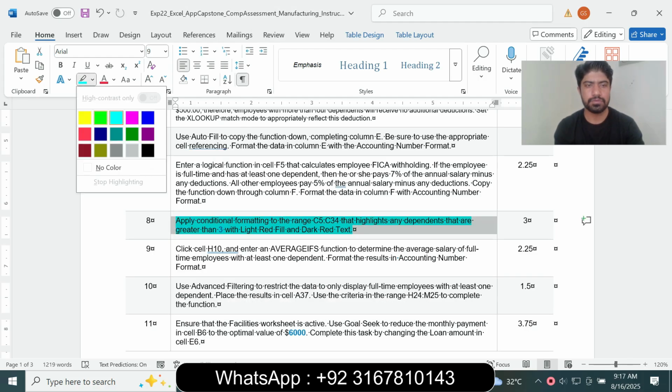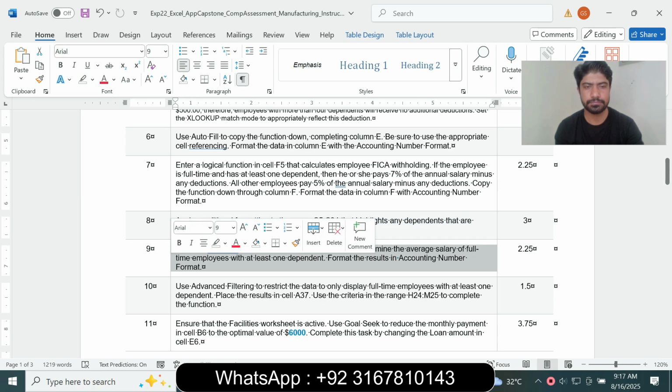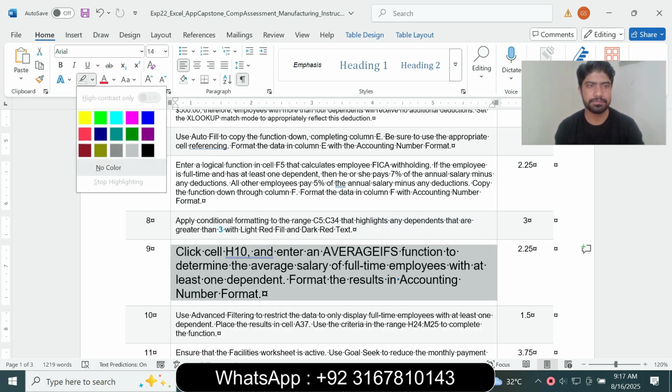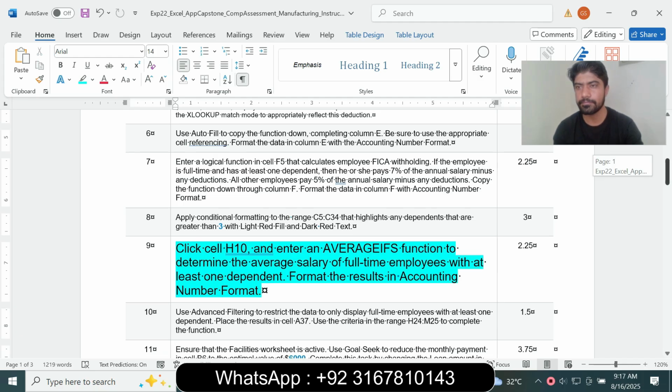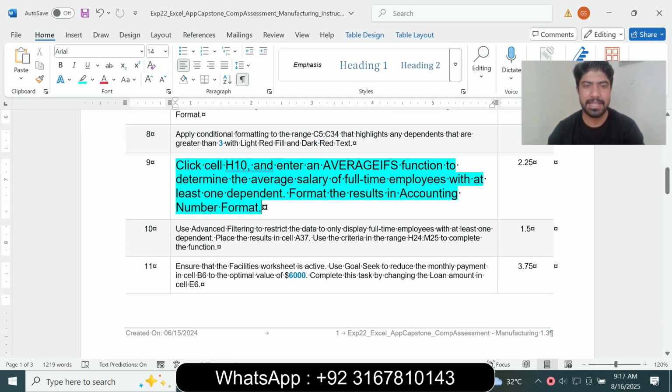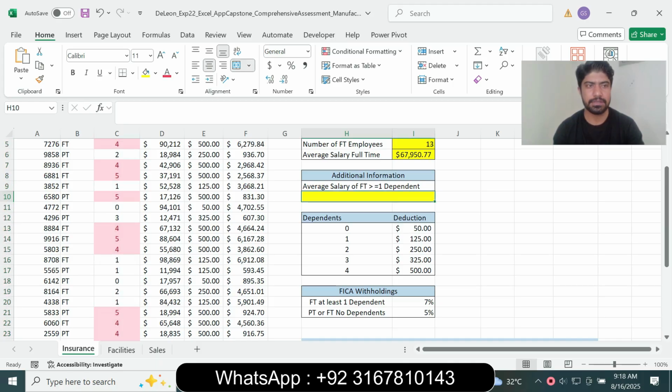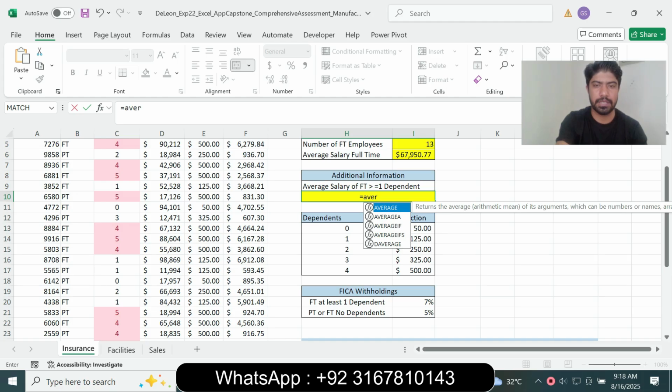We move to question number 9. So question number 9 is: click cell H10 and enter the AVERAGEIFS function to determine the average salary of full-time employees with at least one dependent. Format the result in accounting number format. So select H10 and type equal to, type the AVERAGEIFS function,